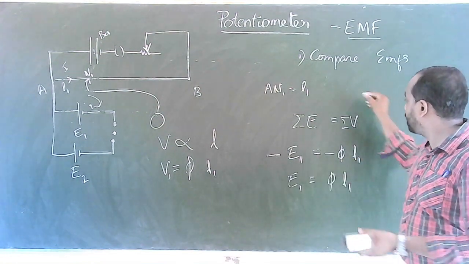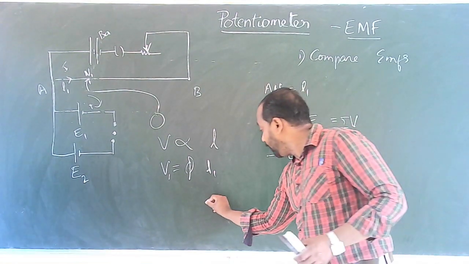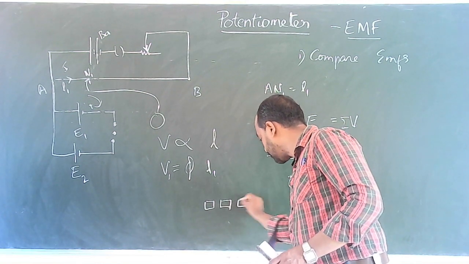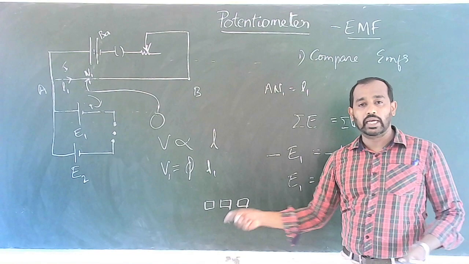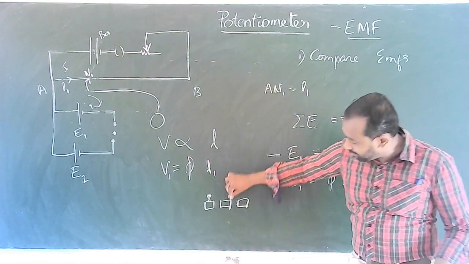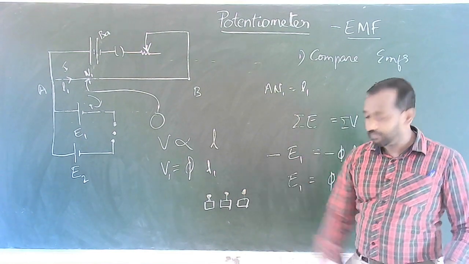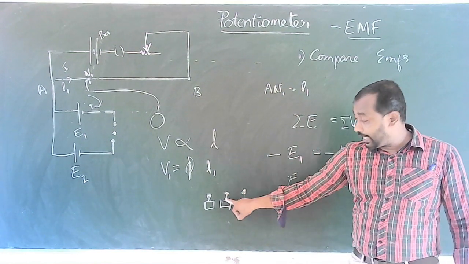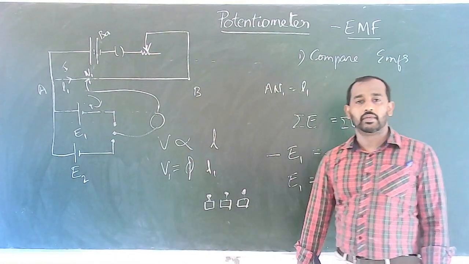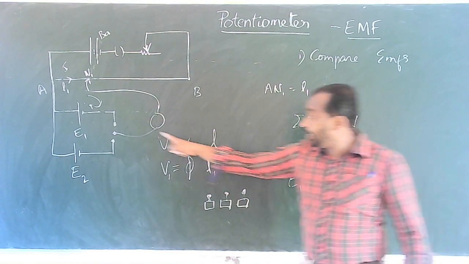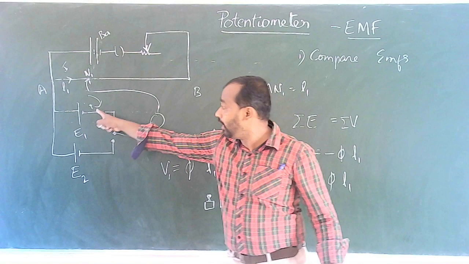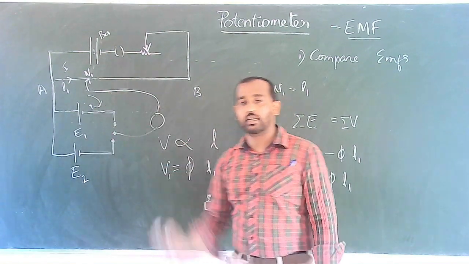Actually, there will be three metal pieces present like this, with two gaps, and for each metal piece there will be a connecting screw. We have to connect the center screw with the galvanometer here, and the two ends of the two-way key should be connected to the negative of each cell.